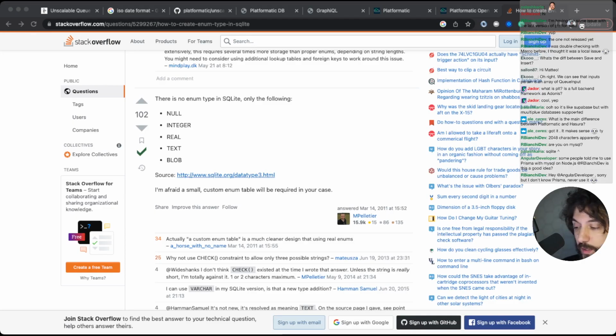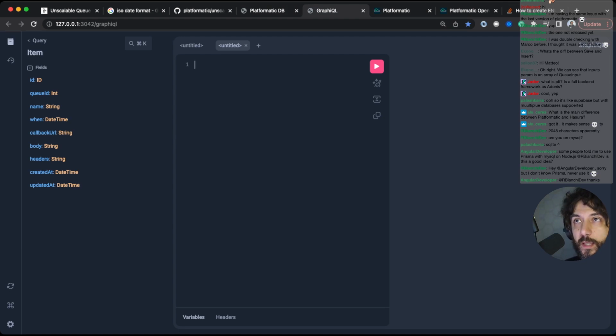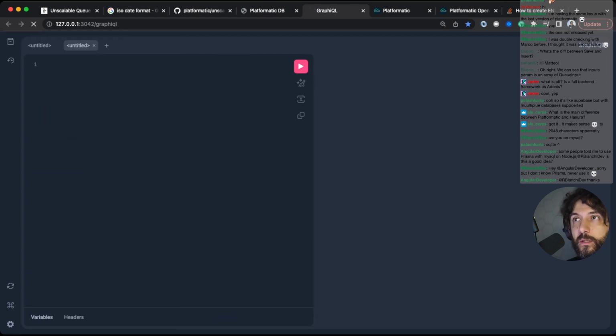So we are back on my code, and on GraphiQL I want to refresh this. Then I do a mutation, and I want to save item. I want input ID, not the ID, the QID.